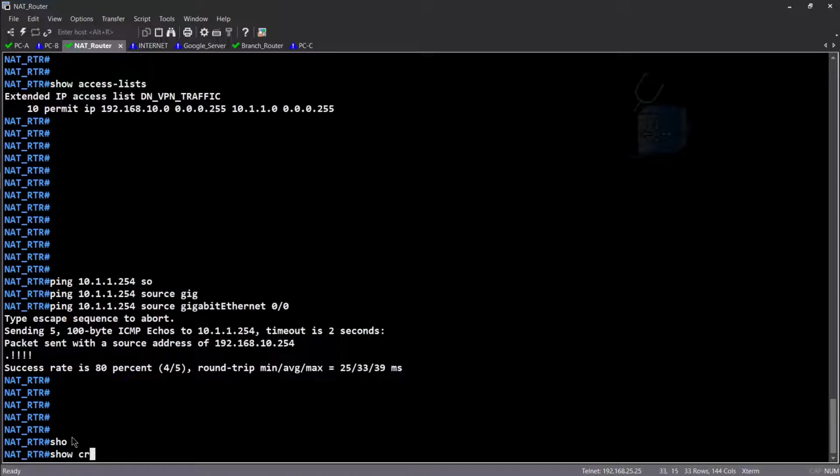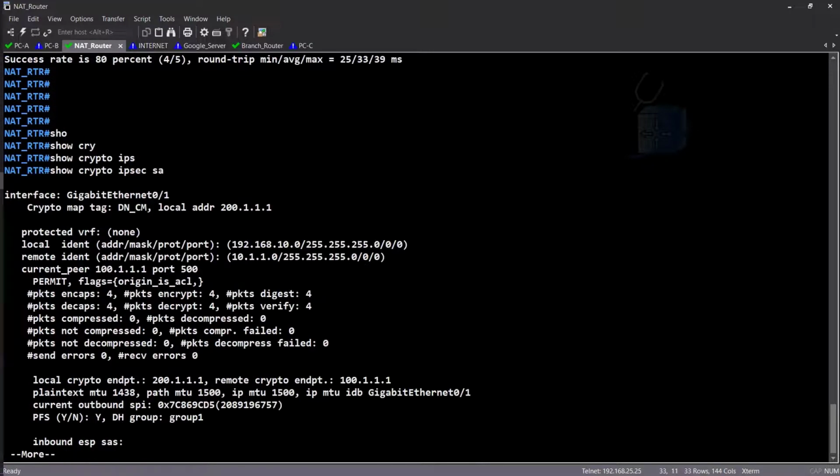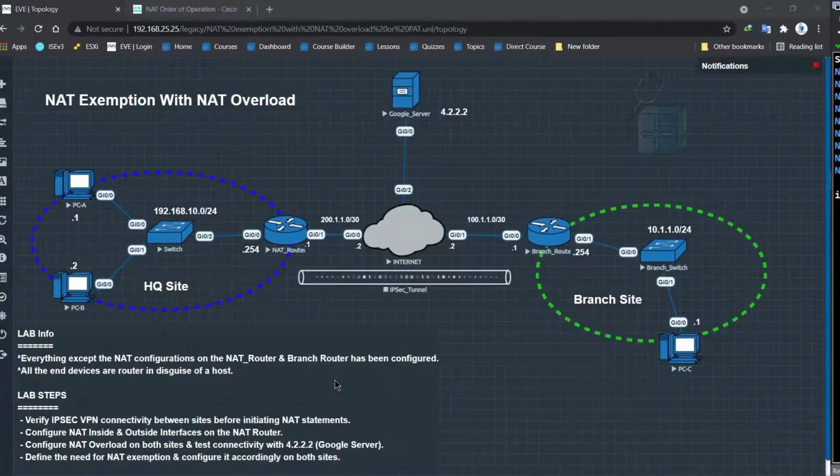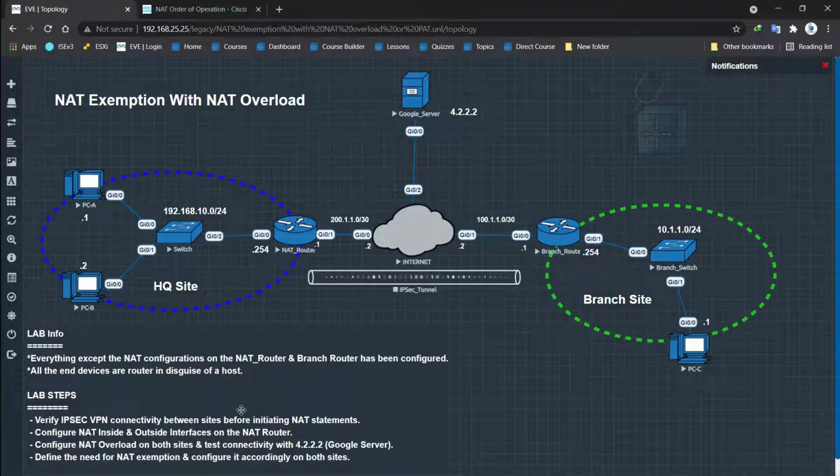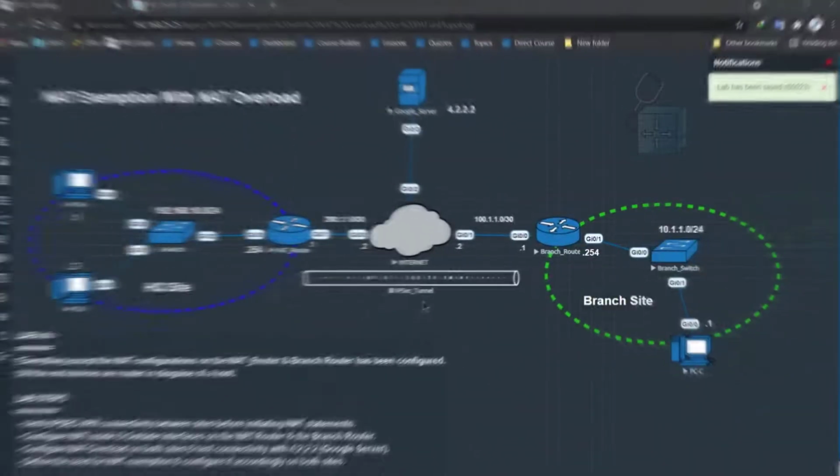Now let's do a show crypto IPsec SA, and we can see packets have been encrypted and decrypted, and the number is the same. So everything is working fine with respect to the IPsec. That verifies our first step. All right, let's head over to